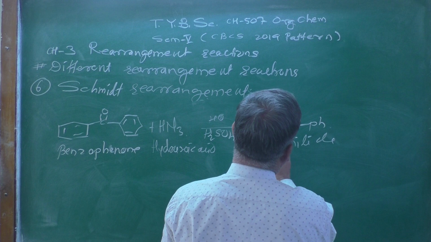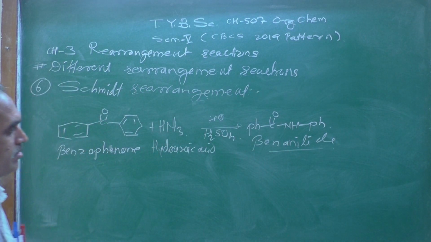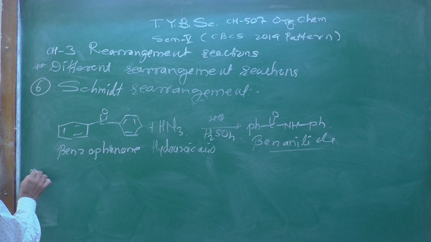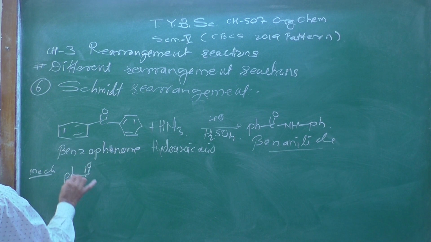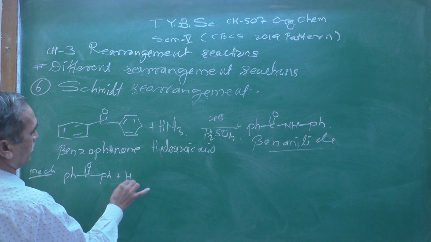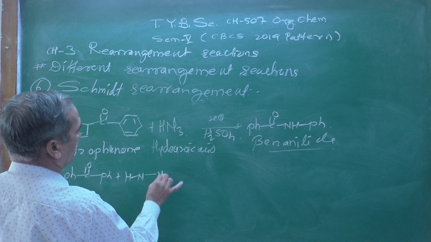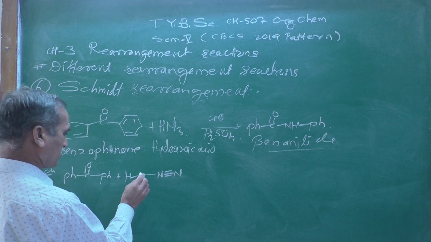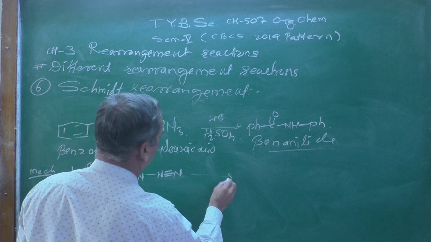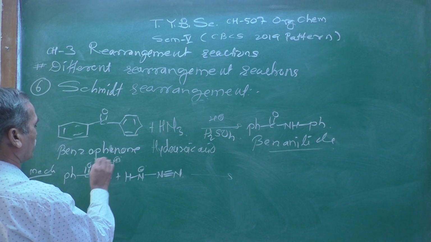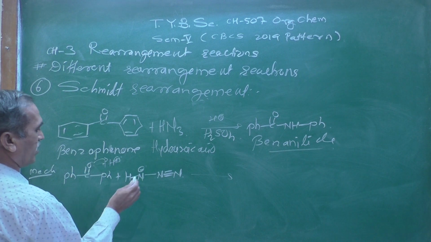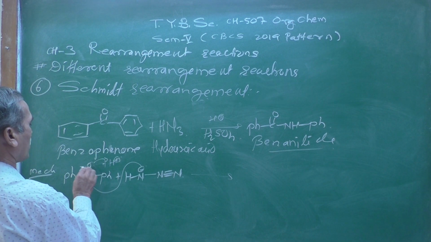Benzanilide is known as a benzanilide. And now, how do we show the mechanism of that benzanilide? Let us see the mechanism here. I am taking a short form: Ph, then HN, then N triple bond N. Here is a minus charge, and in an acidic medium, as we know, first it will pick up the proton from here, and this negative charge is going to attack over there.